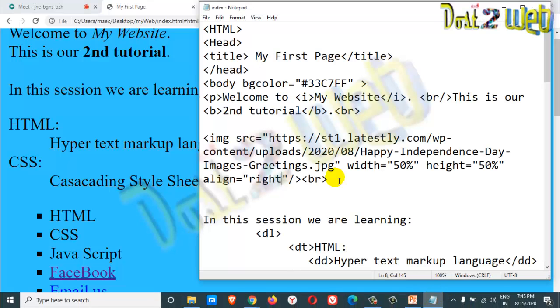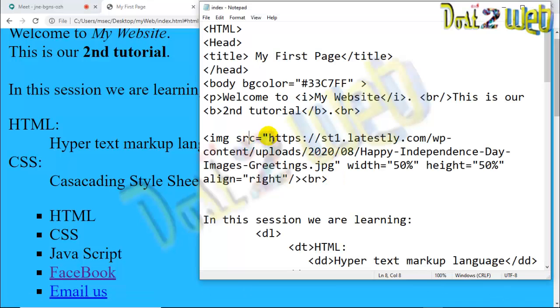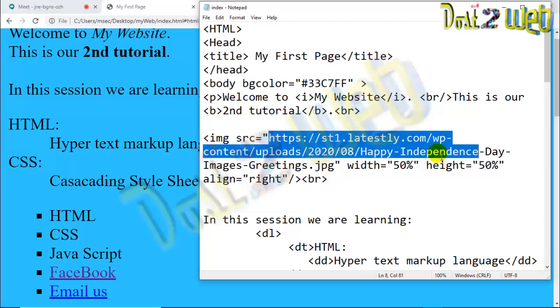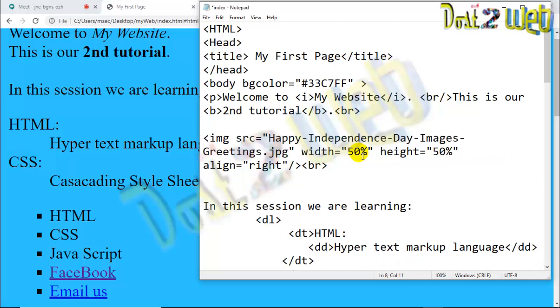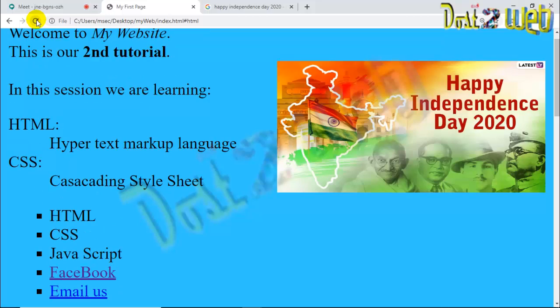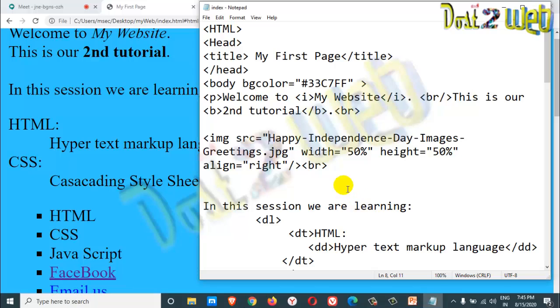So this is the image. Suppose you want to use an image from your local system. How do you have to use it? I have already kept this file in my root directory. So I'll just write this one and let's refresh. See, it came. When you keep it in a directory, you have to give that path.